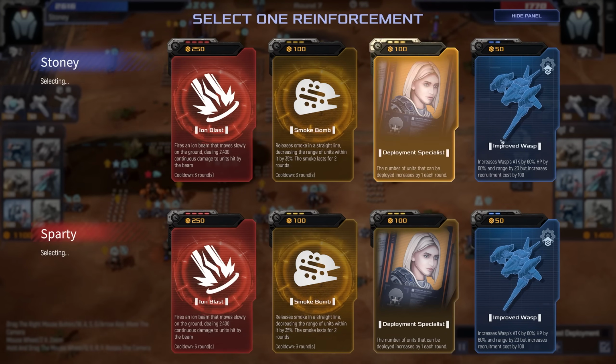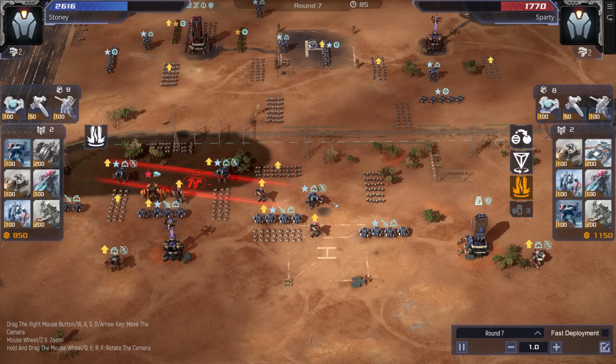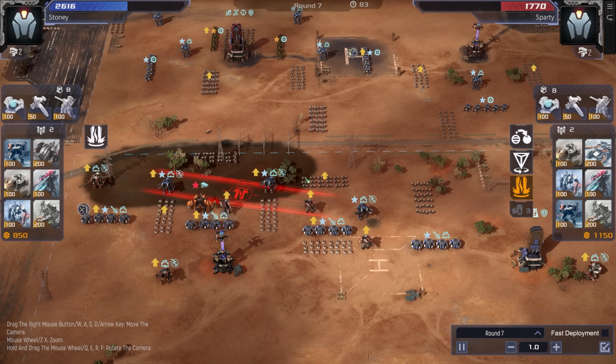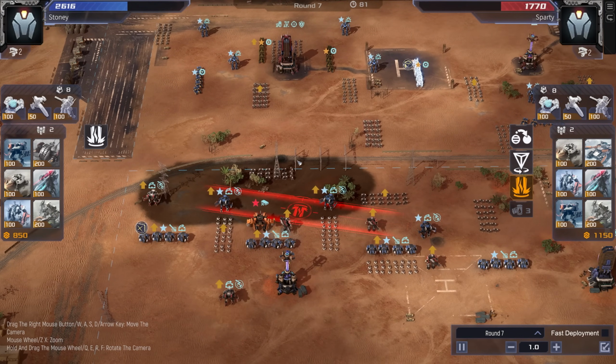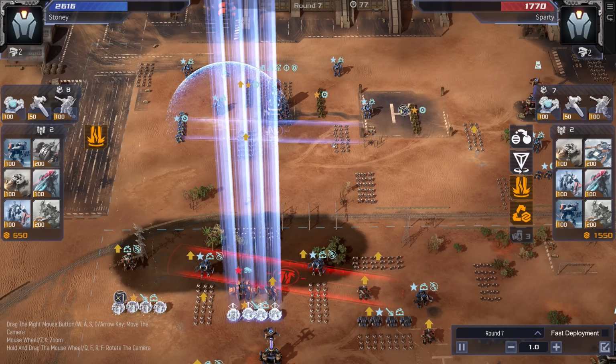All right, another round of reinforcement. Deployment spec makes sense. Iron Blast makes sense. Smoke kind of makes sense if you're able to land them. For me, I don't really need smoke because most of my army is just steel balls and they just run up to the unit. Iron Beam makes sense, but it is so difficult. I try to put the Iron Beam right here,